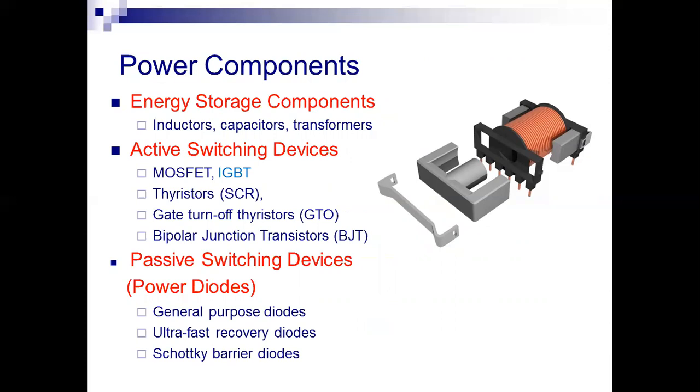Next, active switching devices: MOSFET, IGBT, thyristors, GTOs, that is gate turn off thyristors, and BJTs, bipolar junction transistors. These are the active switching devices. Majorly, the power electronics,